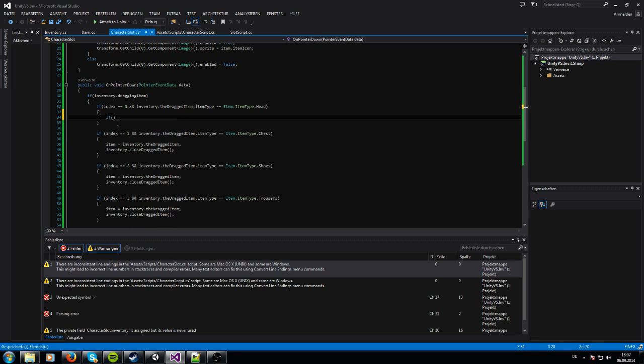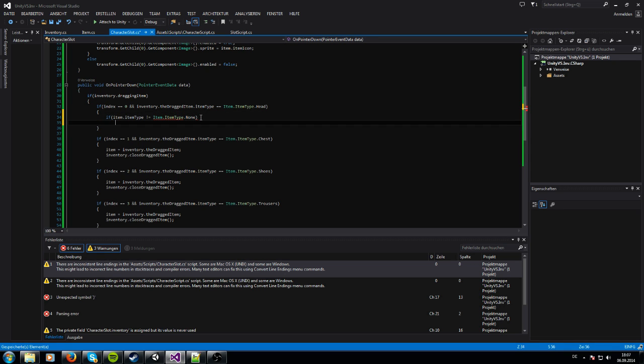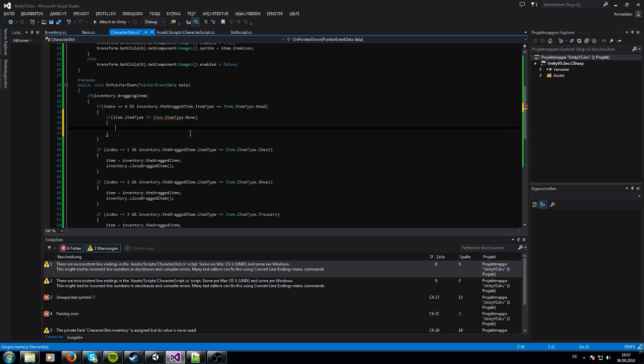We have to ask if the item which we have is not empty, so if there's not none, then we have to save the item which we got in this item from the script here,